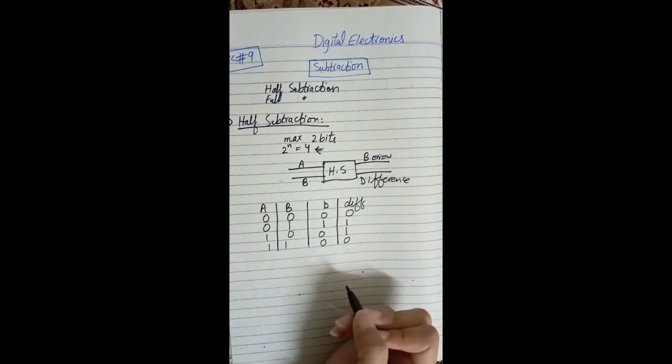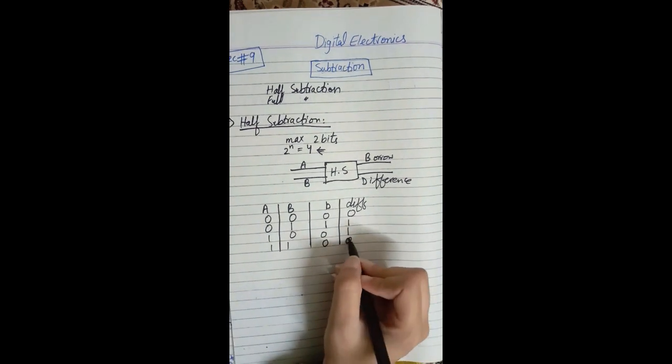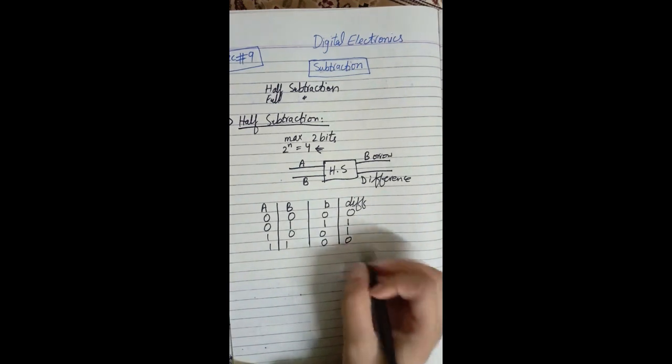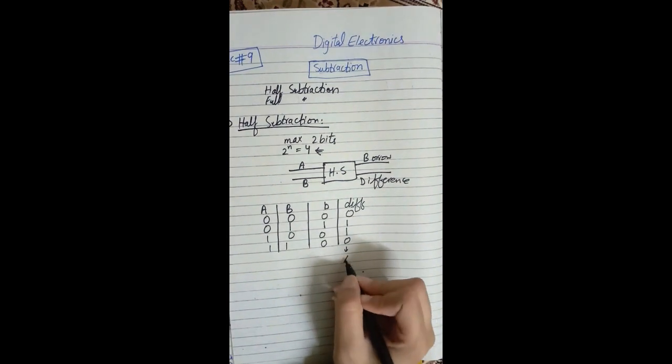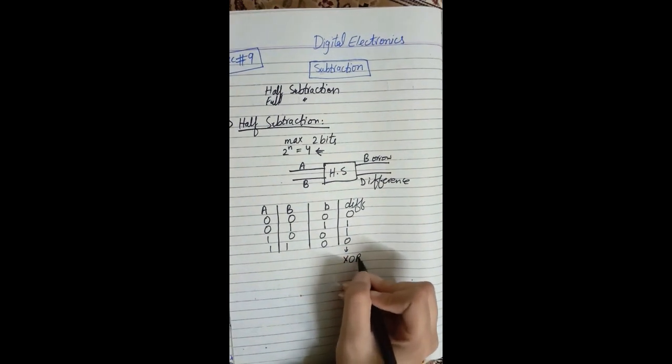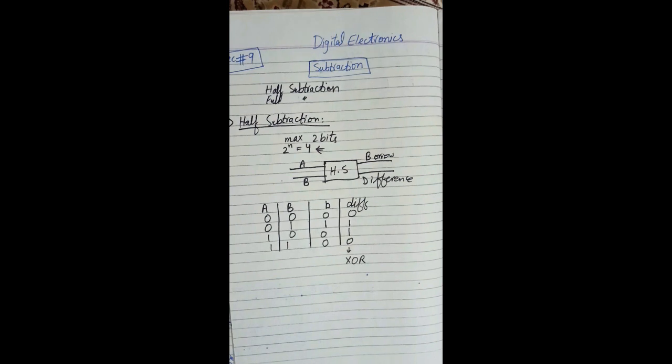Now we have to make the K map for it. We can see for the difference, this is our logic gate, the XOR, that whenever we have different inputs, our output will be 1, and for the same inputs the output will be 0. This is the XOR gate. So for this we will make